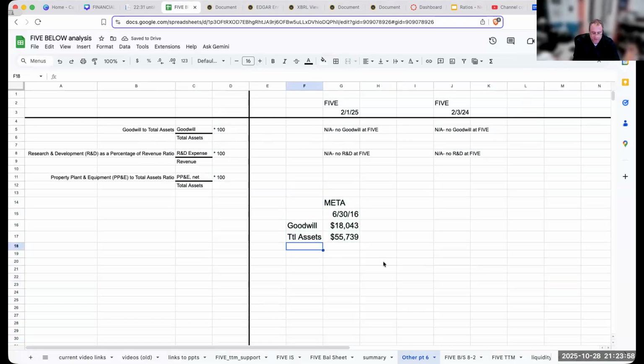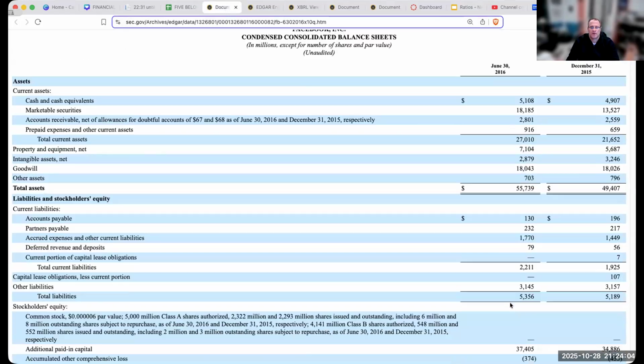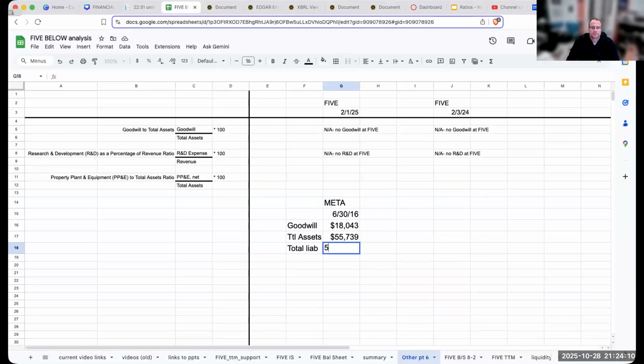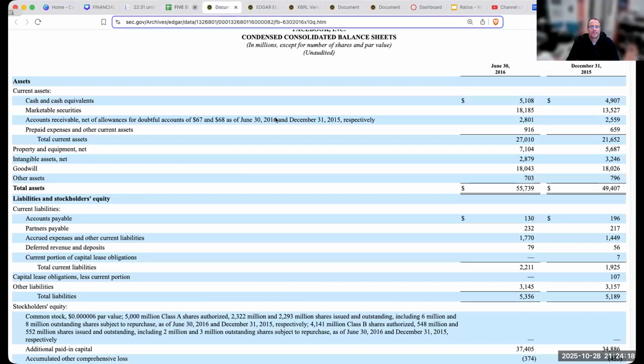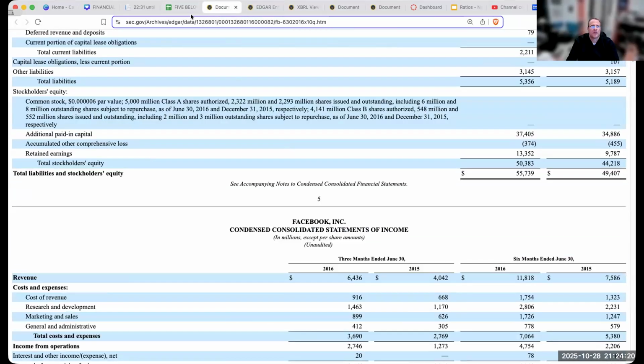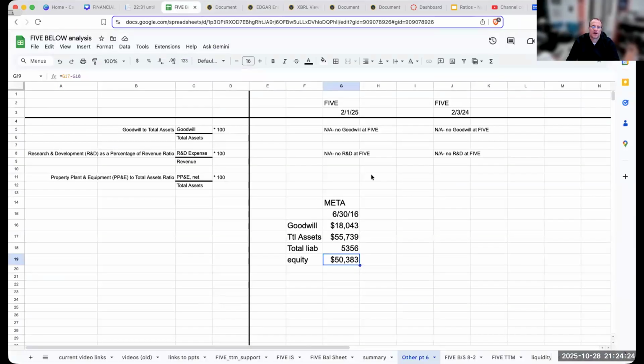And also for context, let's go ahead and put total liabilities in there as well. My total liabilities are 5.3 billion. So my equity is going to be 50,383,000,000. Okay. So now I've got this stuff here, but I now want to jump to